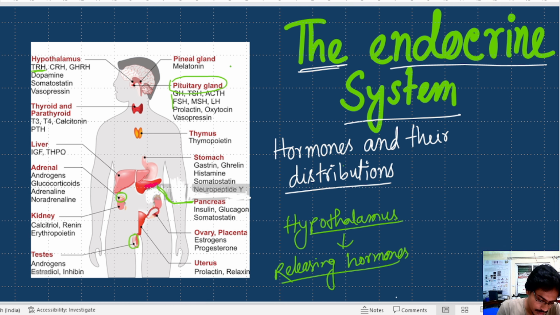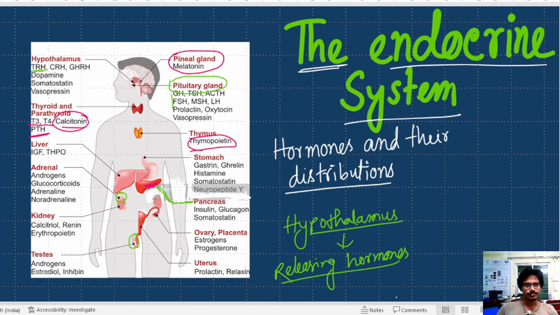Then we go for the pineal gland. The pineal gland is in the brain, and it releases melatonin, which helps with the sleep-wake cycle. I will discuss that later. Then the thyroid gland and parathyroid gland: from these, the important two are T3 and T4, and calcitonin, and the PTH is secreted from the parathyroid gland. And the thymus, thymoprotein,